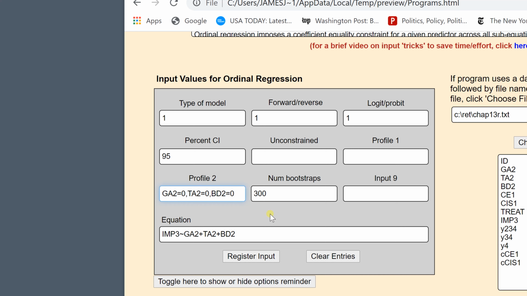And scores of 0 also map onto the neither agree nor disagree part of the metric of each of these scales. Now I'm going to contrast that with a profile where I increase GA2 by 1 and hold TA2 and BD2 constant at their value of 0. So in a way, what I'm doing is comparing the effect of increasing GA2 by 1 unit, holding constant the other predictors at scores of 0,